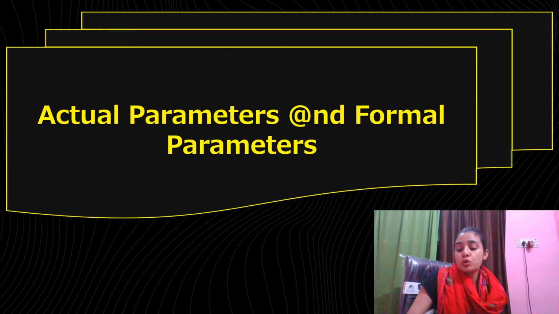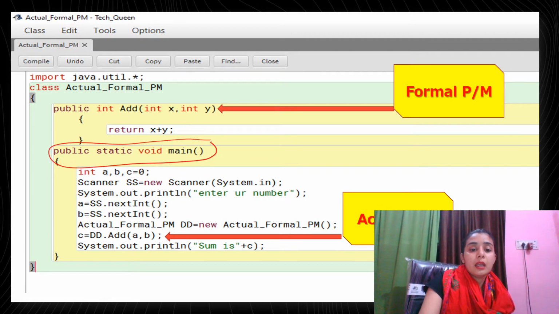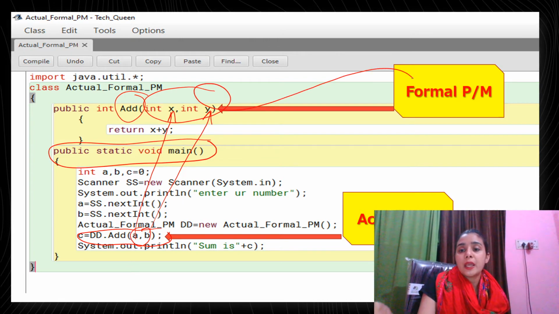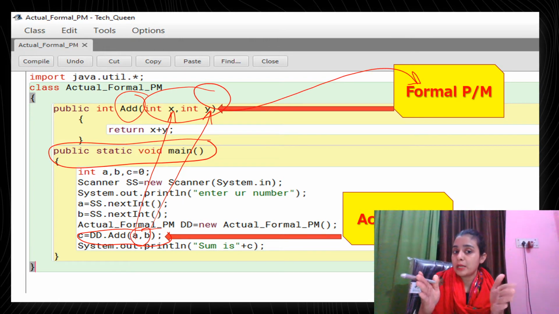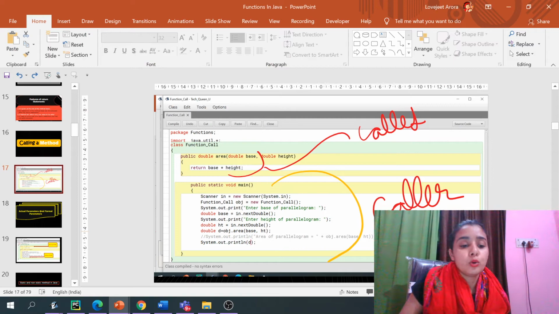I already discussed with you guys what is the meaning of actual and formal parameters. Guys, this is my main method here. In this main method I'm calling the add function. Now here I am sending the values. A's value will be received by X, B's value will be received by Y. Okay, so these two arguments are called the formal arguments, and these are called the actual parameters or actual arguments. Okay, moving back to BlueJ,